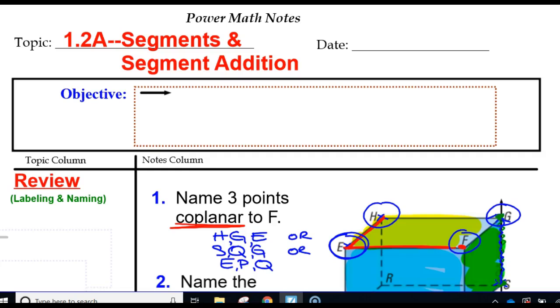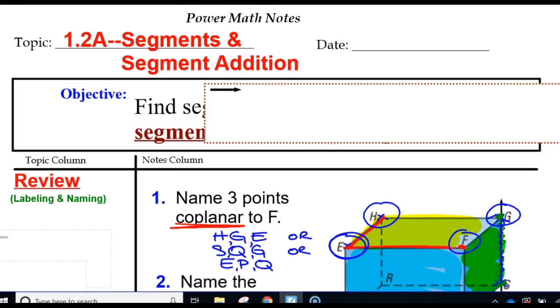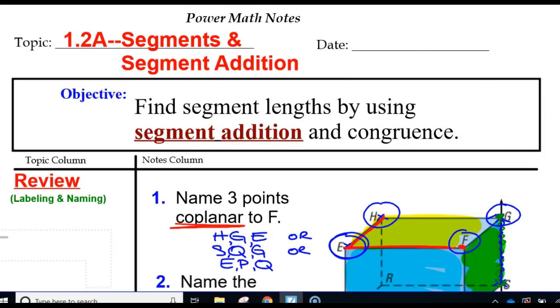All right, gang. We are now going to go over the new vocabulary from lesson 1.2a. We're going to be talking about segments and segment addition. Our goal for the day for this lesson is to find segment lengths by using segment addition and congruence. We have some vocabulary we're going to go over, and then ultimately that's what we're going to do. I'd like you to pause your video, get that organized in your notes, and then we will jump ahead to